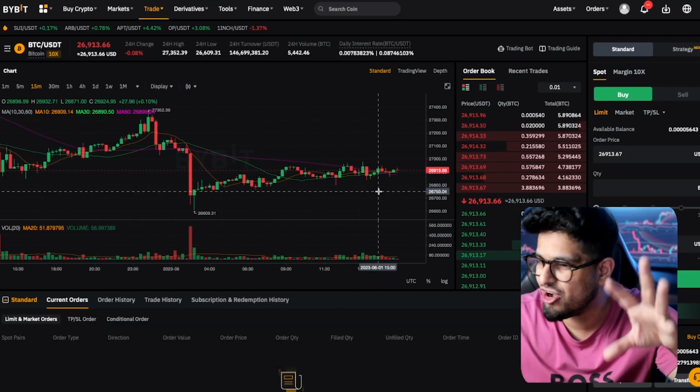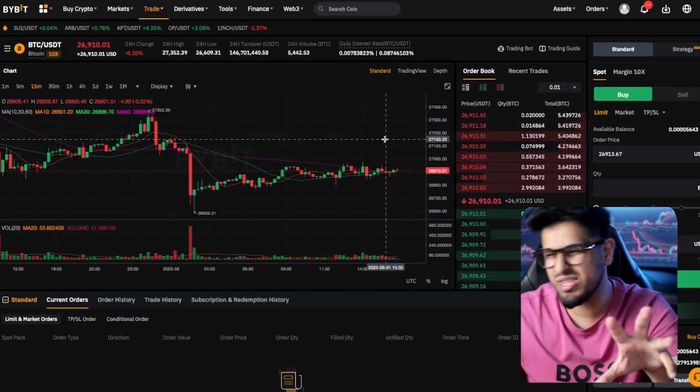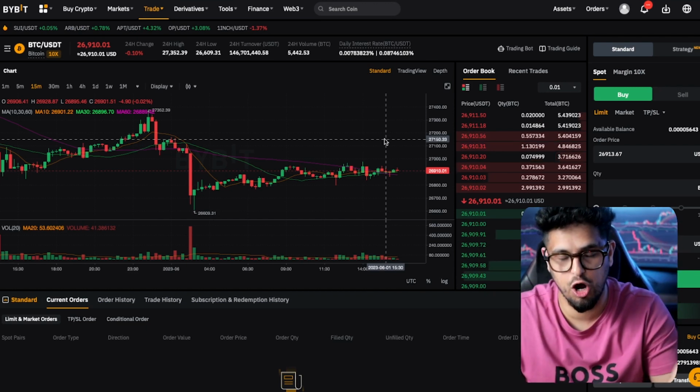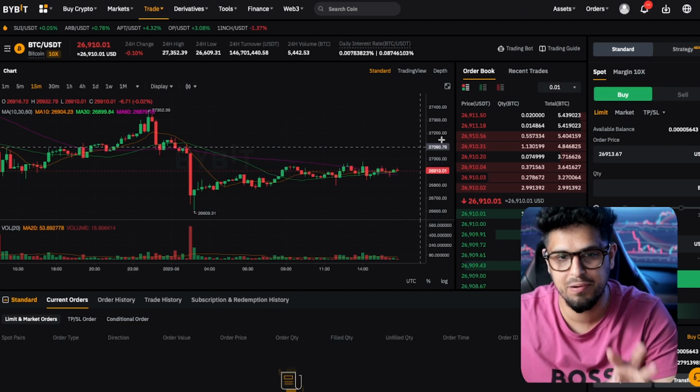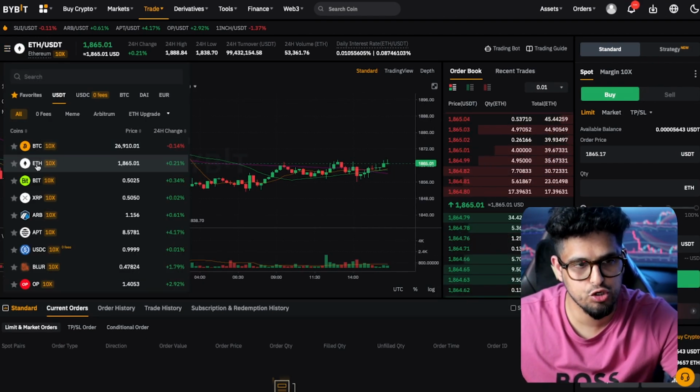Then I'll jump onto my exchange, because in this instance I'm using Bybit. But I don't like charting in here. I don't think it's as easy to chart here, even though they've got a TradingView section here as well. I like to chart on my TradingView. Maybe it's just old habit and I'm a creature of habit, but I like to come in here to place my trade. So we're going to click up here on the left hand corner, click on the emblem here, make sure you've got Ethereum selected.